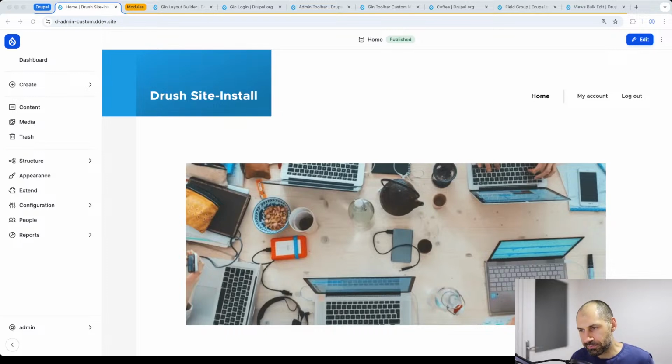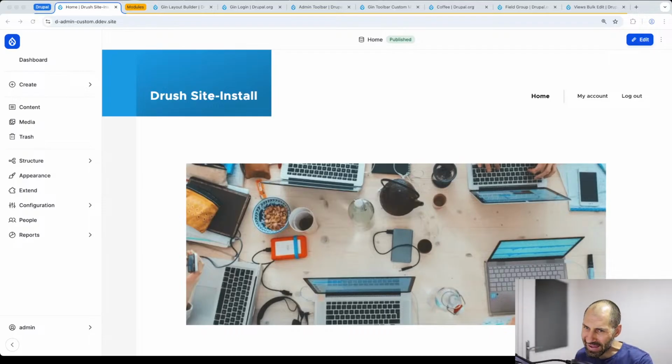So right here, I've got Drupal CMS. Now, Drupal CMS is a new flavor of Drupal. It essentially is just a prepackaged version of Drupal that comes together with a bunch of modules and configuration. And that's it. And over the last 6 months, I've been using it pretty much for all my streams because